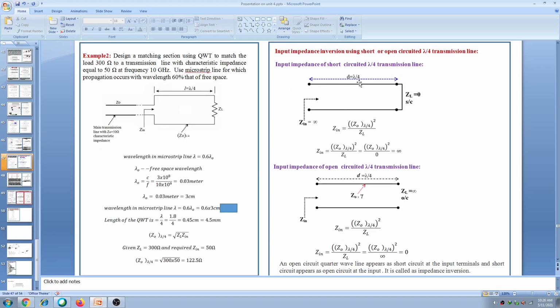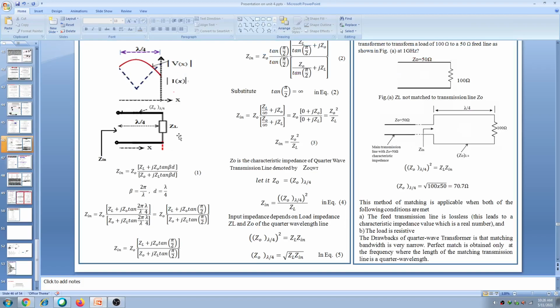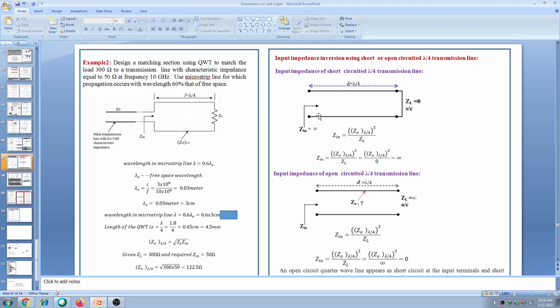You take a transmission line, its length is lambda by 4. But instead of ZL equal to something, I kept ZL equal to short circuit here. You measure the input impedance here. Usually, if it is a low frequency, what we are expecting is that it must be equal to the impedance here, that is equal to 0, because it is a short circuit. If you measure across a short, it must be 0 impedance, but it is not like that.